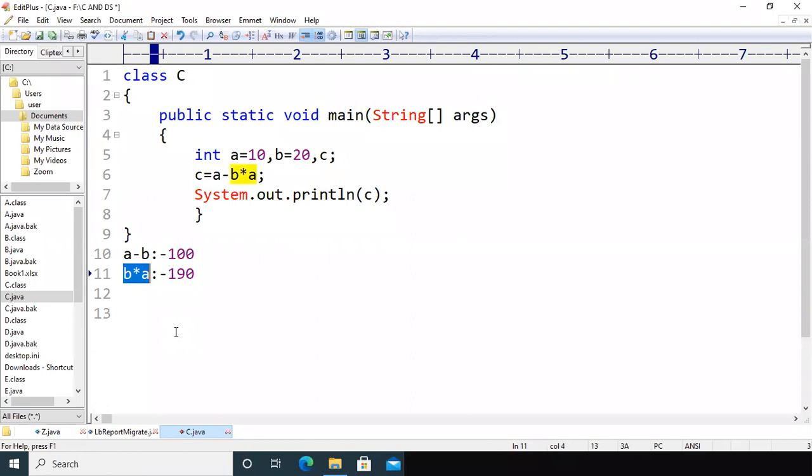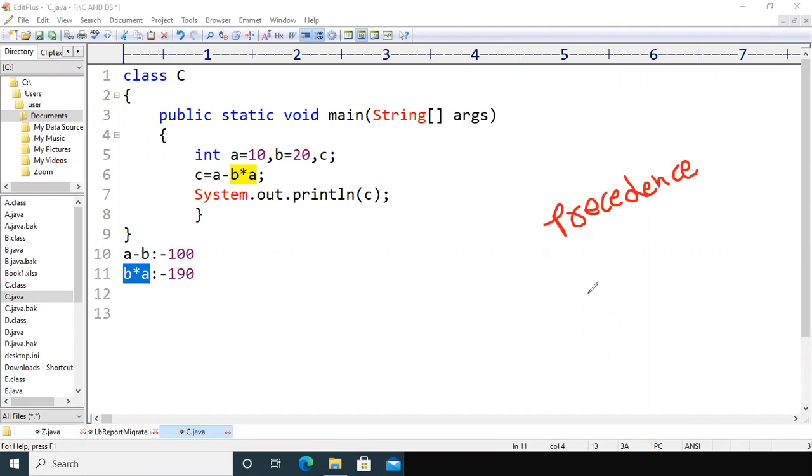Now what tells the compiler to execute b star a first? Those rules are called precedence rules. Precedence rules tell which operator needs to be executed first, which next, and which last. So precedence rules give you the importance of operators.